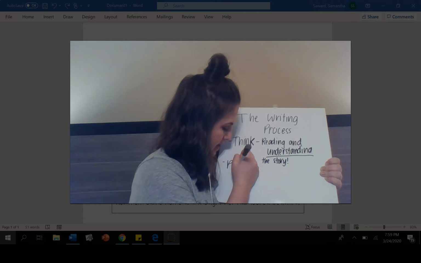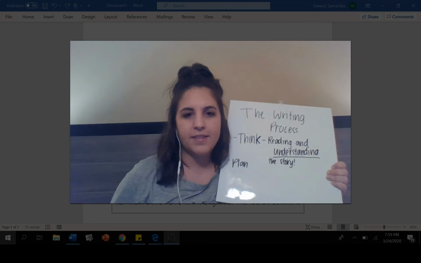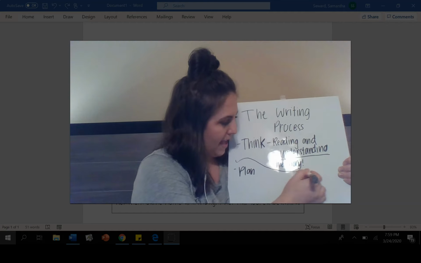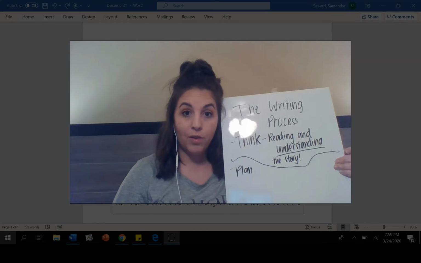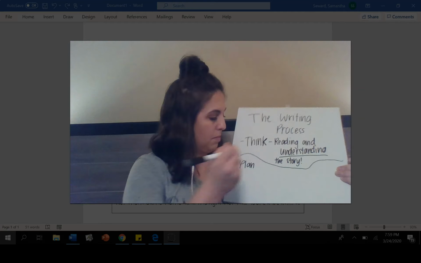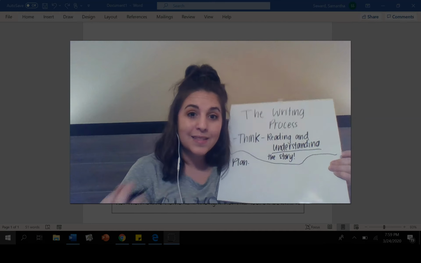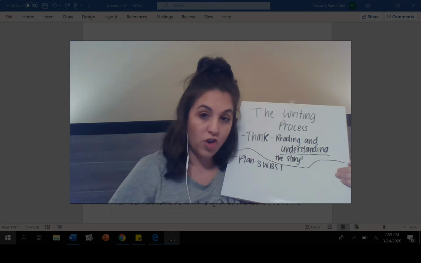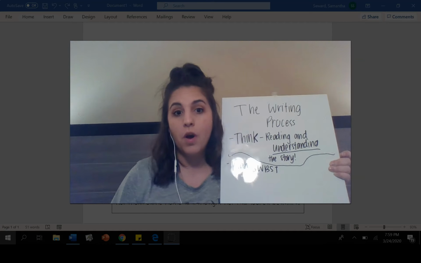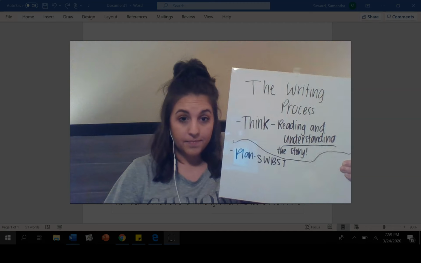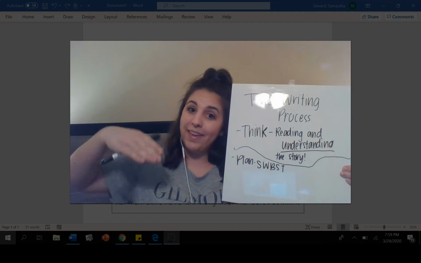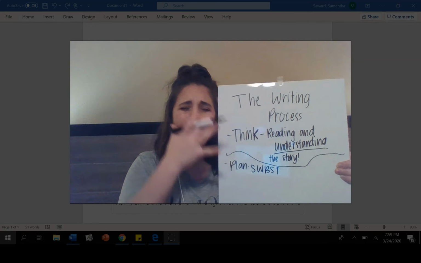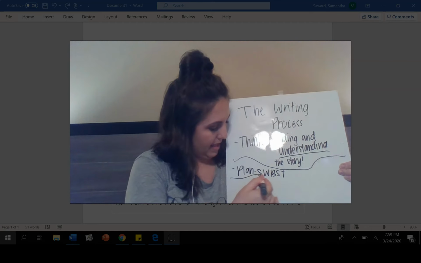And then the second part of the writing process, I should have written it before I asked you. But the second part of the writing process is to plan, right? We plan. So our plan is when we write that somebody wanted but so then chart. It's our graphic organizer. That's how we plan, right? That's how we make a plan. We have our ideas on paper of what we're going to write, what we've been thinking about. Now we're writing it out on paper to get an idea.